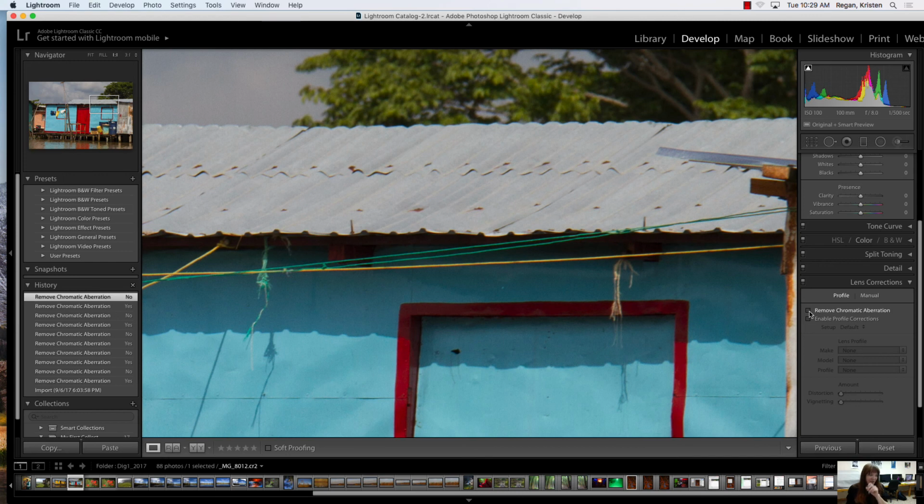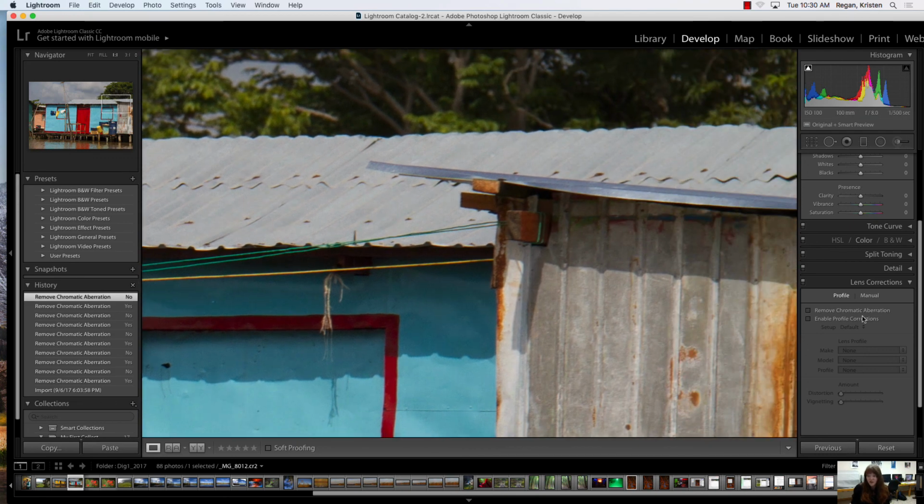So this may be something that you want to play around with whenever you're looking at your landscape, because this can prevent some of that weird halo effect when you work on your images in the black and white adjustment layer. So that's something that's handy to do. If you're seeing that in your image, then this will automatically remove it. It's fixing just problem areas in a lens, and it often happens whenever you have a very brightly lit scene, and you'll get this chromatic aberration. So that's pretty much it. You guys